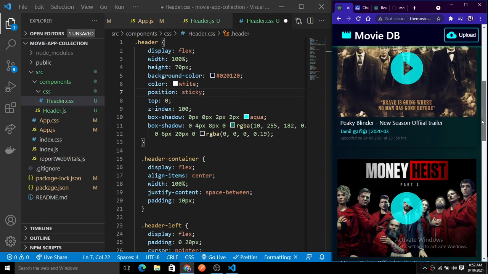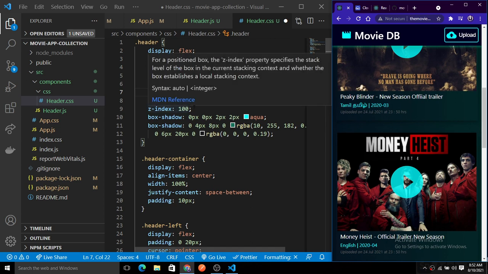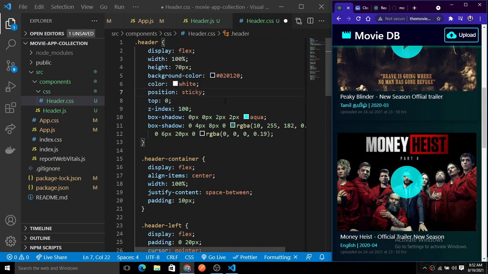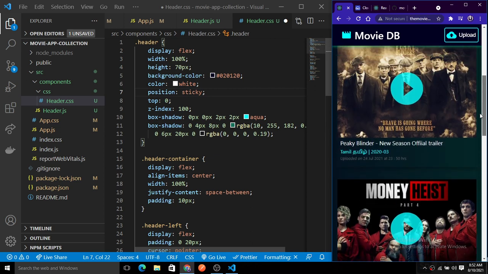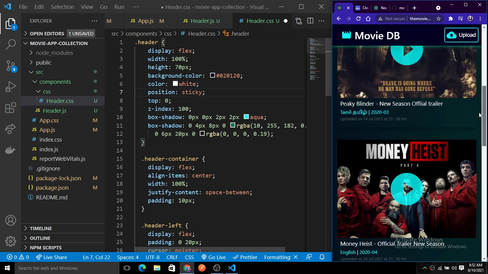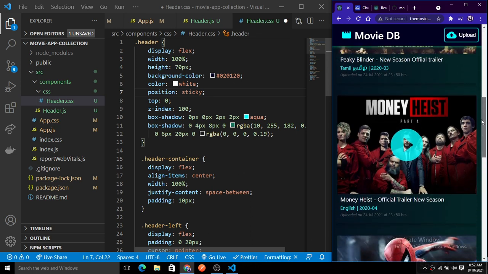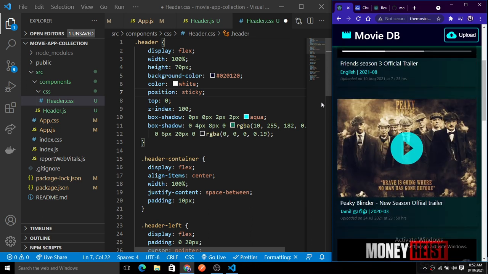So it will be on top of 0, and the z-index I have mentioned here is 100. So the positive 100 we always put at the top of any layers if it has. So that's why you can see here the header is already at the top of 0, and when I scroll, it is not scrolled. So this thing is coming from there.